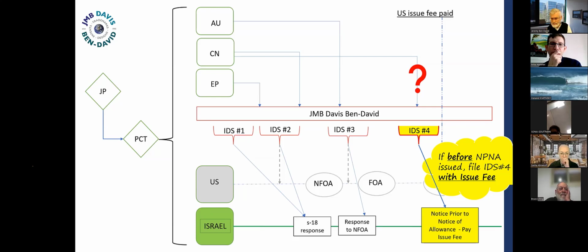Okay, and the latest that we really want to be filing those, let's say that last IDS, is with the payment of the issue fee. It is inadvisable, but we theoretically can file another disclosure after that.